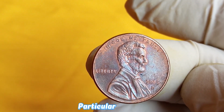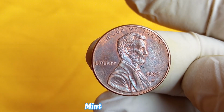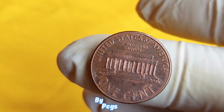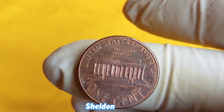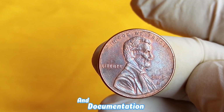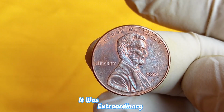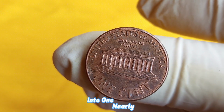What made this particular coin so valuable? It had a combination of extremely rare attributes: mint state red designation, meaning it was in pristine, untouched condition with full red copper luster. It was graded by PCGS at MS 69, almost perfect on the 70-point Sheldon scale. It came with provenance, meaning a verified chain of ownership and documentation, increasing its authenticity and desirability. This coin wasn't just rare, it was extraordinary, combining multiple types of errors and high grade into one nearly perfect